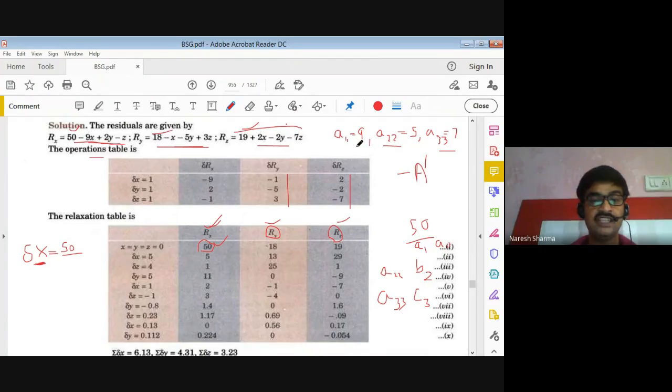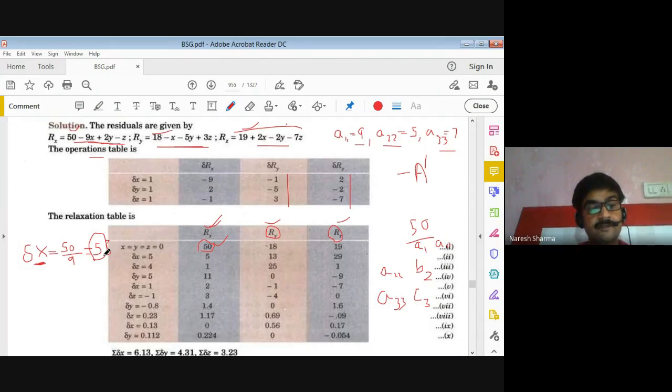Now particularly here we divide this by 9 only. Once you divide this by 9, it is 5 point something. Until this value is more than 1, we can take the integer part only. No need to take the decimal part, but it's totally your choice. If you like to take the decimal part, you can assume here 5.5. It's totally your choice.